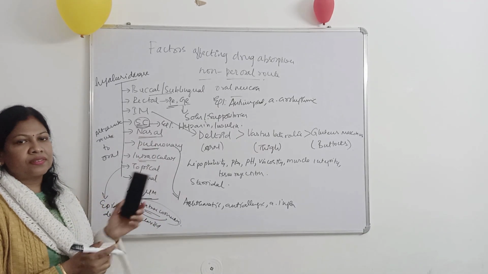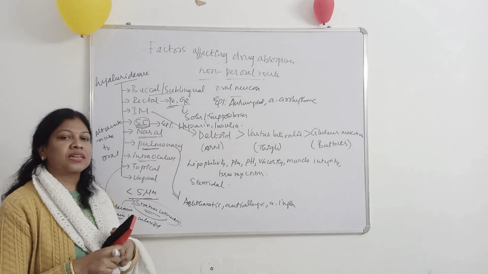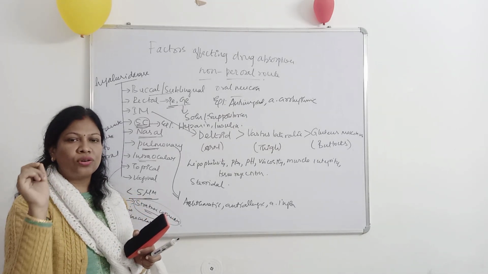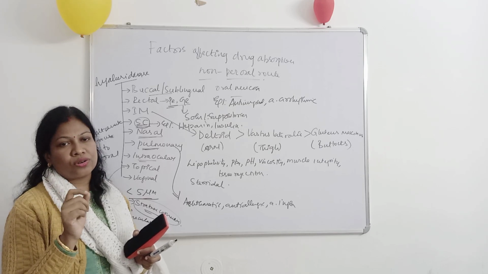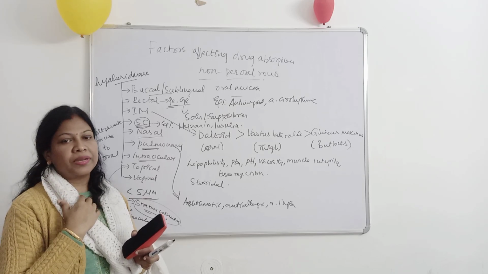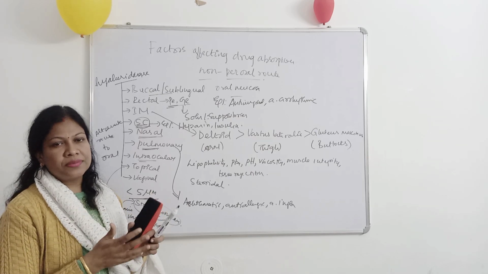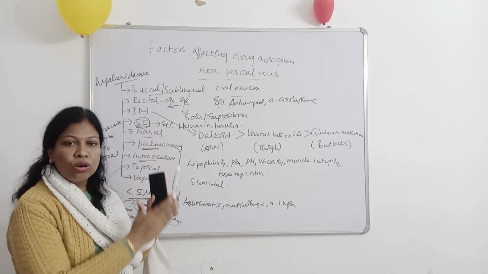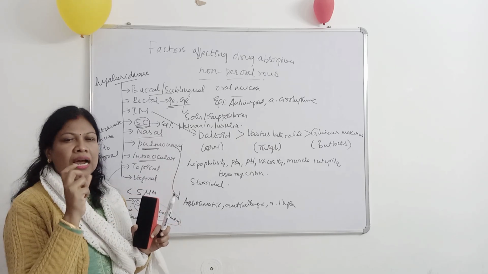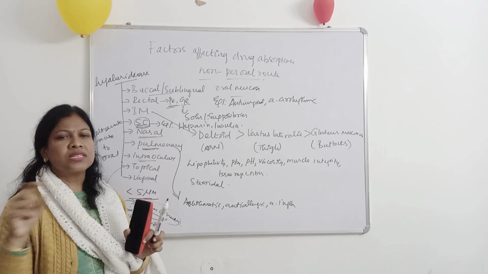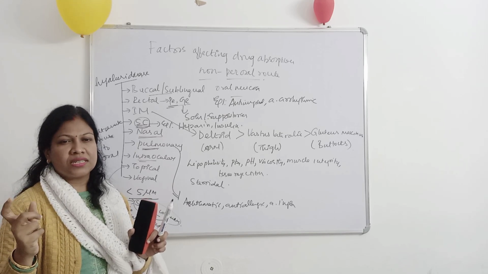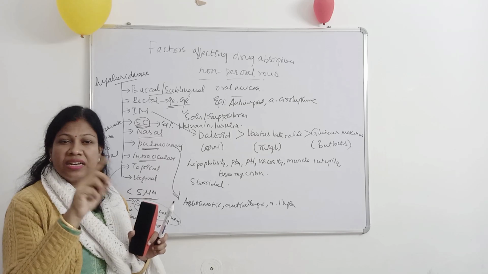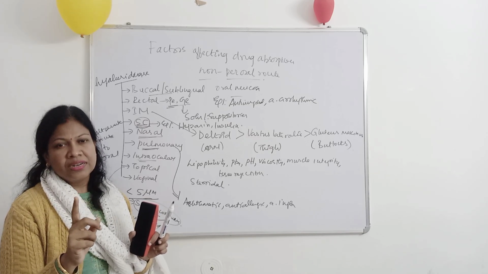So this completes the factors influencing drug absorption through non-peroral routes. Again, this may come as a long answer or in short notes, that is in 5 marks, or it may come in 10 marks. So if it comes in 10 marks or 5 marks, first of all you list down all those non-peroral routes and mention when each route is suitable for drug administration and why this route is chosen. First of all, when this route has to be given, or